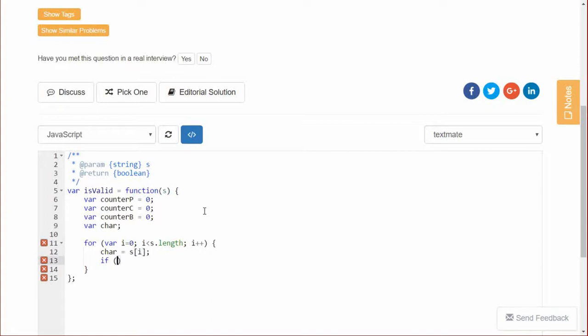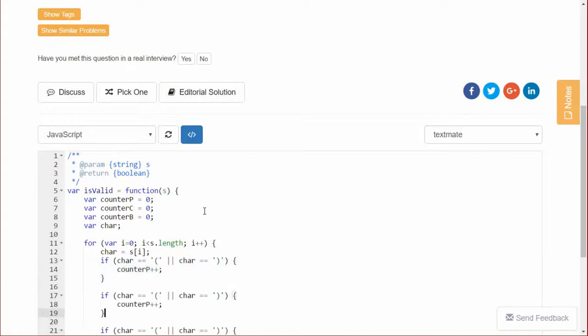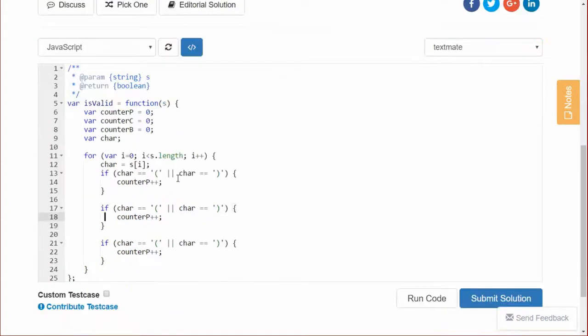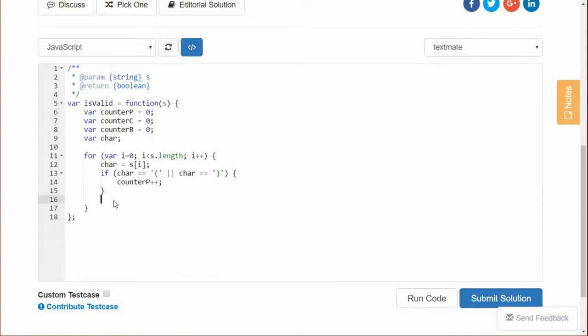So whatever character we're currently at, if character equals this or character equals this, then we're going to up the counter, counter p plus plus. We'll do the same for curly braces. So it is curly brace open or closing. Oh no, this is wrong. I'm already going the wrong way here. I have to do these individually. I couldn't say if it's either one you add, because when we get a closing one you want to subtract. Okay, so if it's the opening, counter p plus plus,